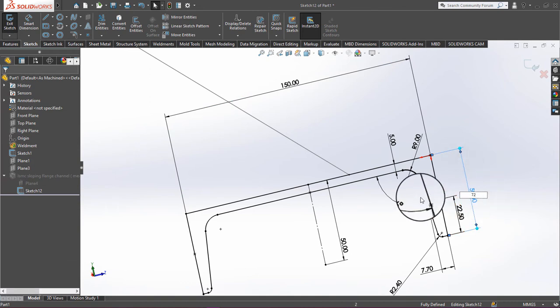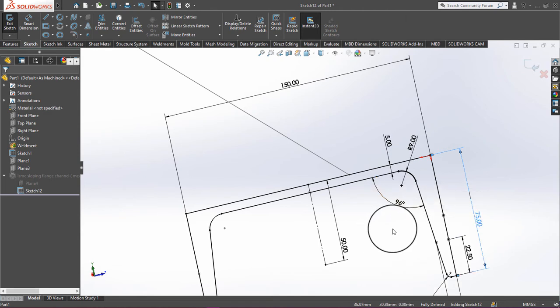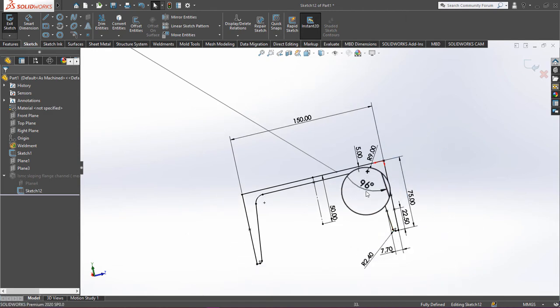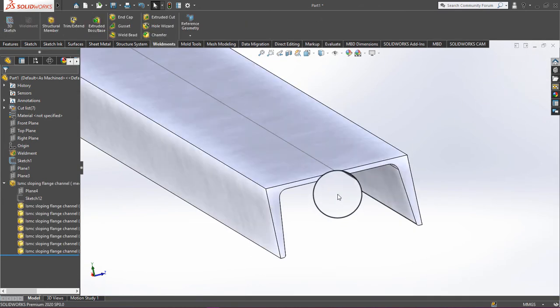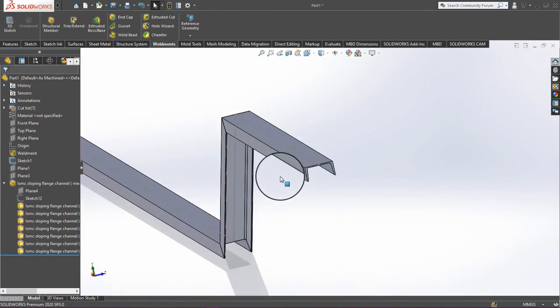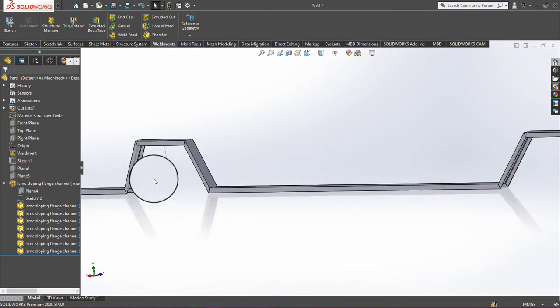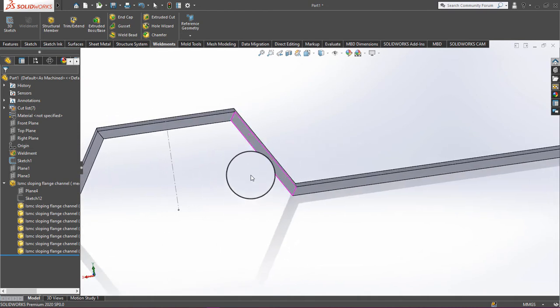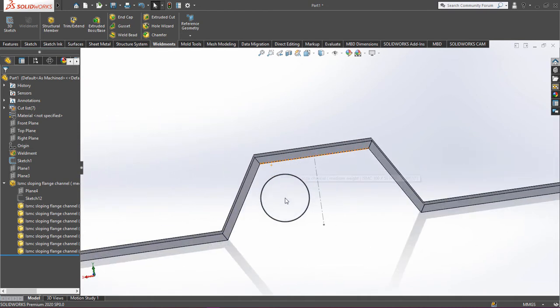Okay, so see, our profile has changed, and I just want to exit from the sketch, and you can see the sizes got changed. Okay, so this is how our weldment profile works.